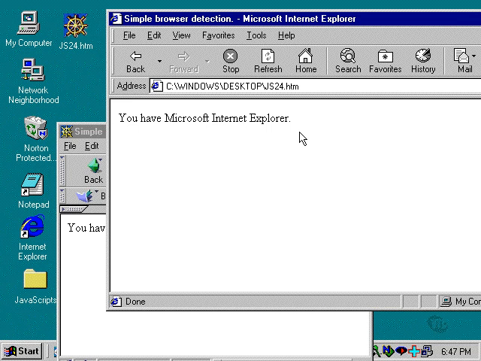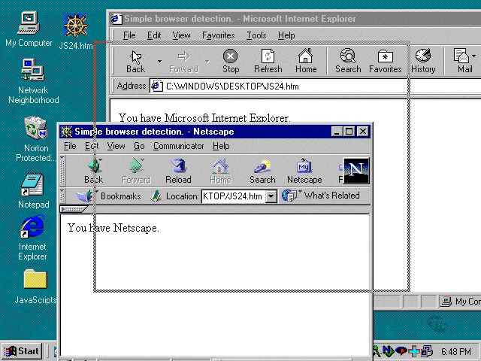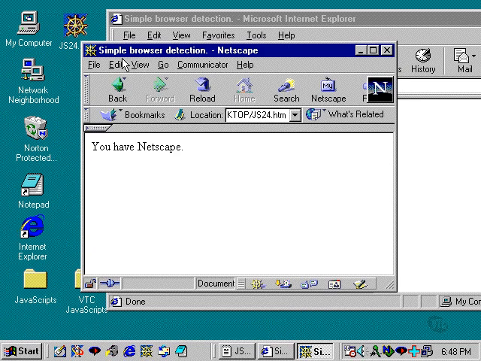This functionality isn't in and of itself very important if this is all the results that we get, but we can actually redirect a user's browser to pages specifically written for the browser, whether it be Internet Explorer or for Navigator. So I wanted to begin by showing you what this script looks like, and there are a few things